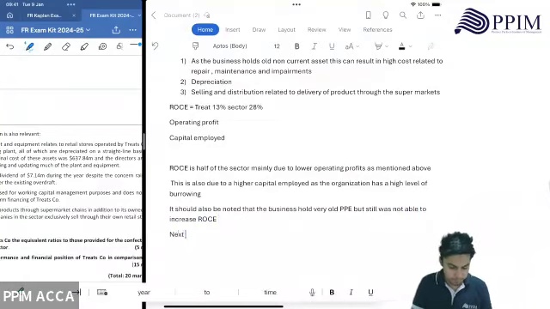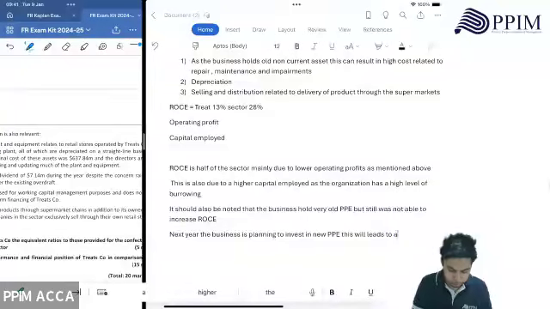Next year, the business is planning to invest in new PPE. This will lead to a higher capital employed, which will